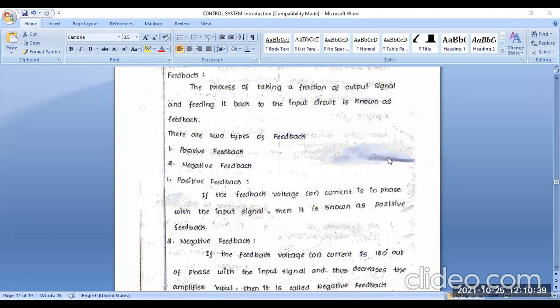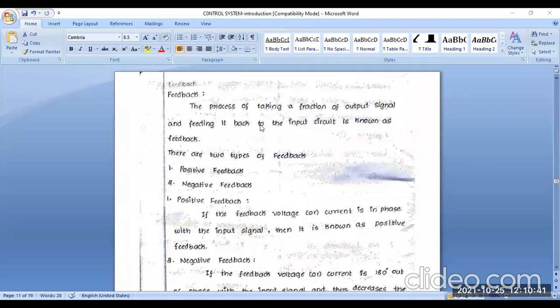So I will just recall shortly and then continue. What is the feedback system? We have to consider two control systems, the open loop control system and the closed loop control system. In the closed loop control system, we have to attach a feedback loop. This feedback loop is attached according to the output and input terminals. So this process of taking